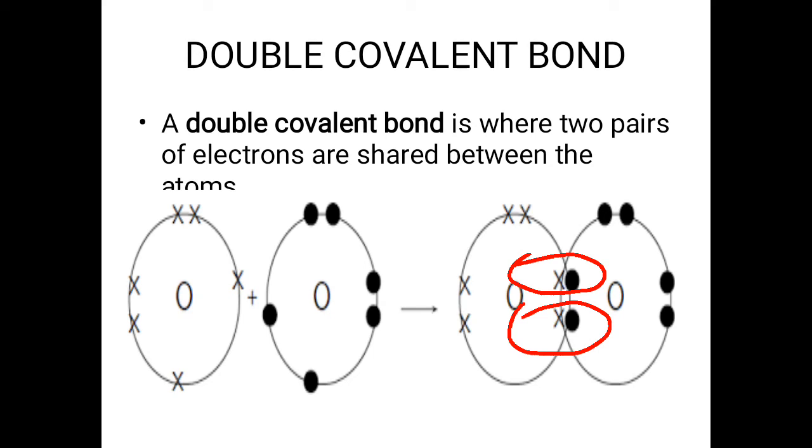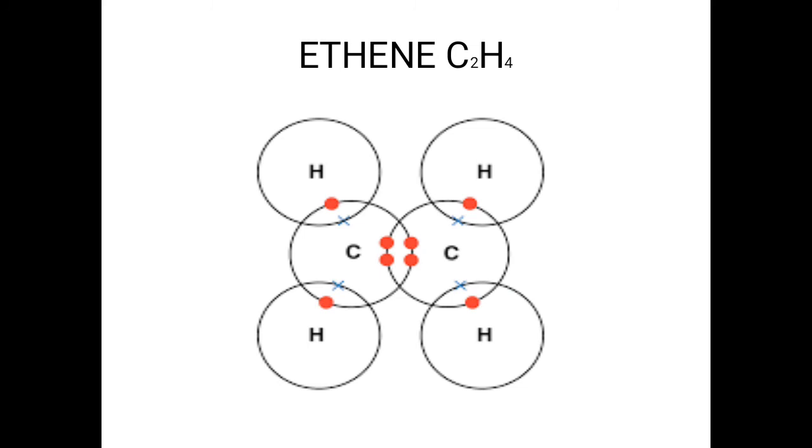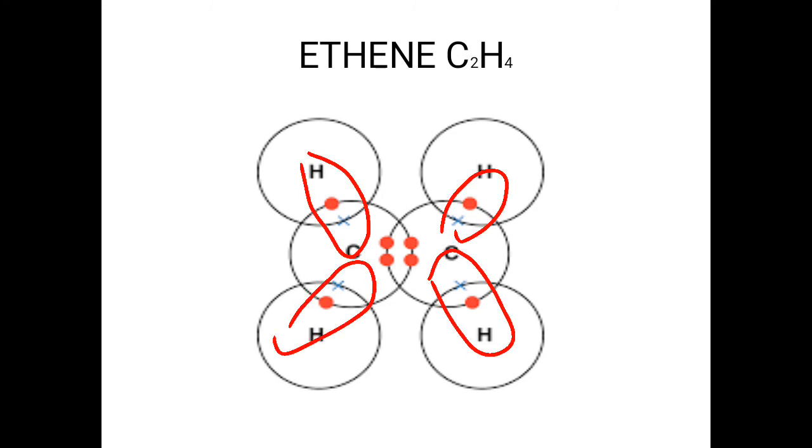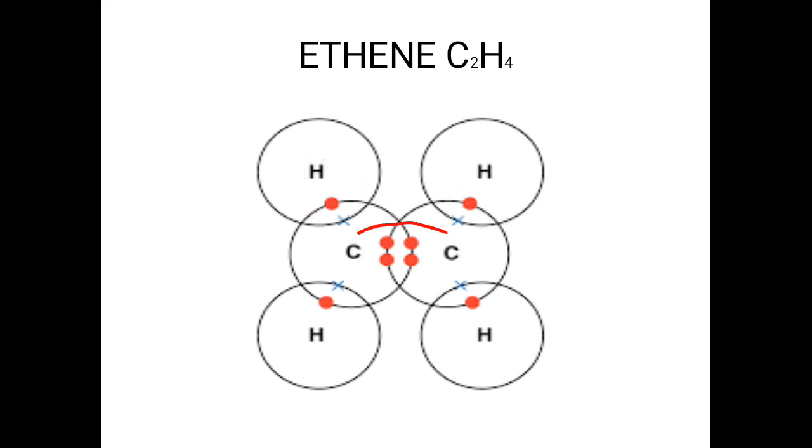Like we see another example of the ethene molecule in which 2 carbon atoms are bonded to 4 hydrogen atoms. You know, the carbon-hydrogen bond is a single bond and there are 4 single covalent bonds. But when we see carbon bonding with its neighboring carbon, there are 2 pairs of electrons shared between the carbon atoms. So the double bond is formed between the ethene carbon atoms when 2 pairs of electrons are shared.